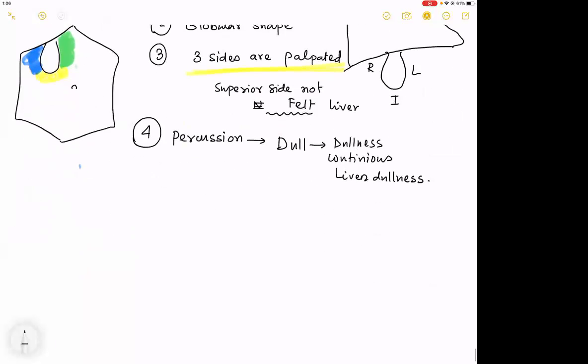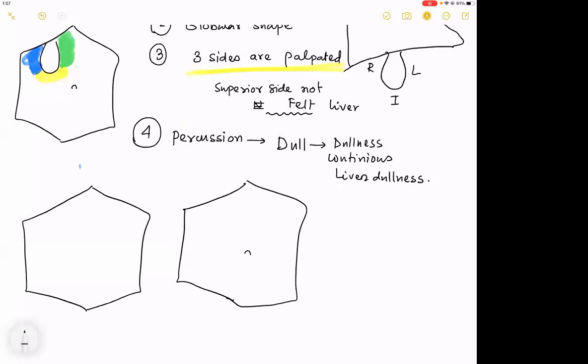Very good question. Extremely intelligent question. What he is asking is a very, very intelligent question. He is asking me that this is a patient with a liver lump, and this is another patient with a liver lump. This is one patient with a gallbladder lump, and this is another patient in whom the liver has enlarged. This is technically called the Riedel's lobe of the liver. And how do you differentiate the Riedel's lobe of the liver from a gallbladder lump?